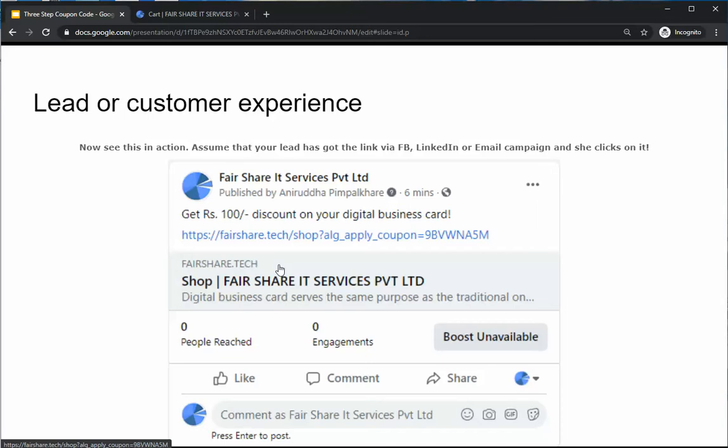In this case only the admin can create the link, and the person who's sharing or resharing this link with others is not going to get anything. But the person who is a lead, or who's going to actually buy something using that link, is the one who is going to get the discount. So I hope this explained in a nutshell how this whole thing is supposed to work from the admin's point of view, from the marketing person's point of view, and from the lead's point of view.